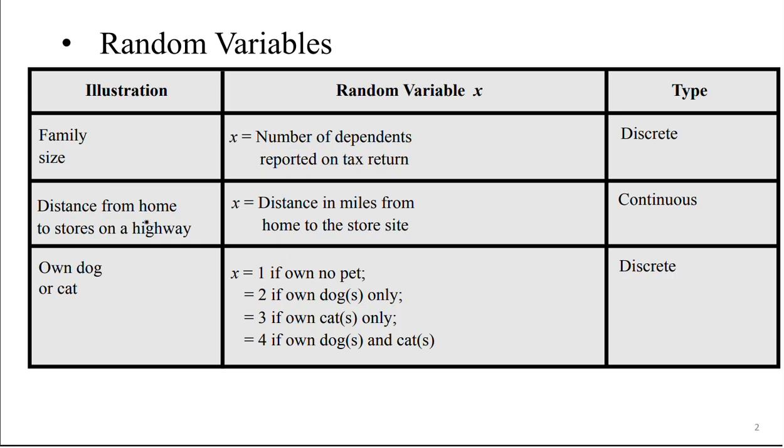What about distance from your home to stores on a highway? Distance in miles from your home to the nearest store is a continuous random variable. Do you own a dog or a cat? 1 if no pet, 2 if dogs, 3 if only cat, or 4 if you have both. Because the assignment of the values for the different options here is whole numbers, that is discrete